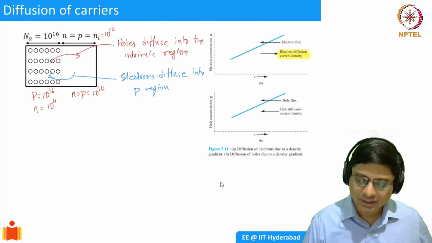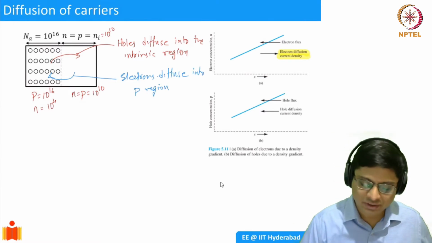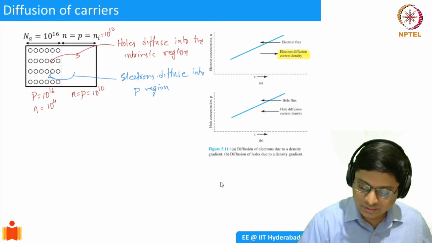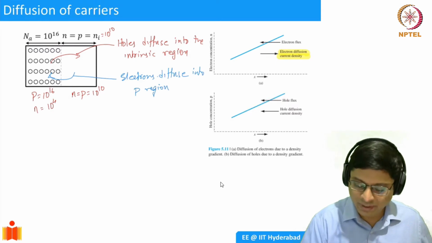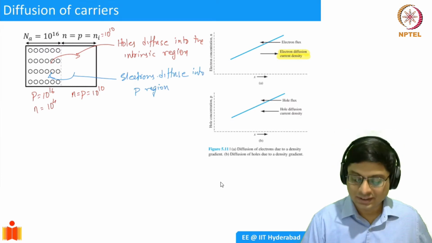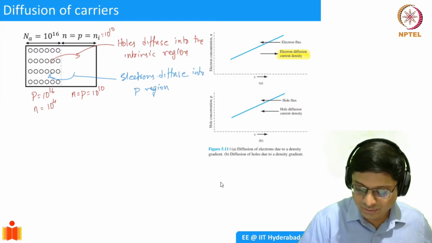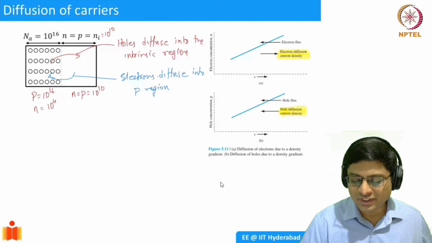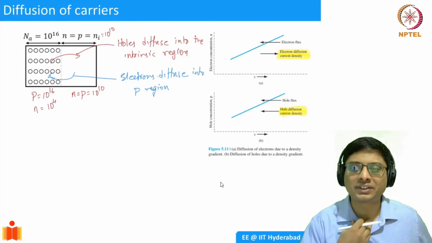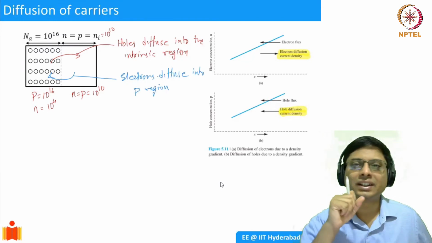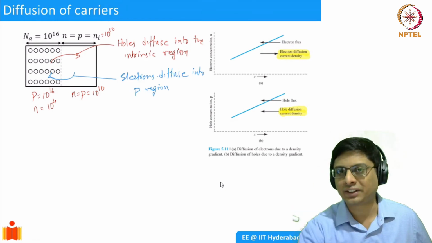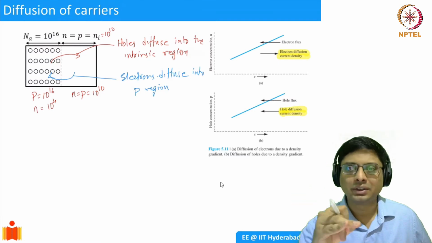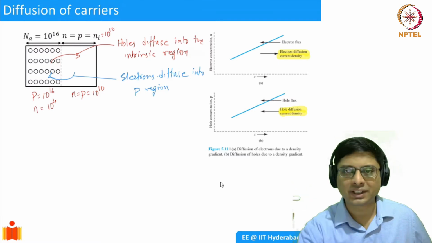What happens to holes? Let's say you assume a similar concentration for holes as well. So you see this positive gradient. The hole flux is going to be in the opposite, minus x direction. And the current density, because now it's positive charge, is going to be in the same direction as the flux. Remember this subtle difference. You saw that in the case of drift, the current density is always in the direction of the electric field. Whether electron or hole, both current densities were in the same direction.